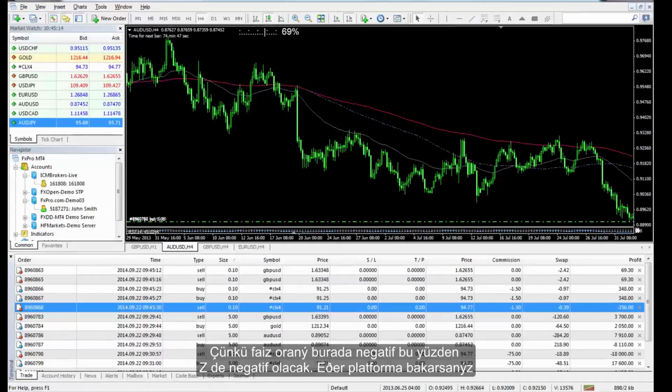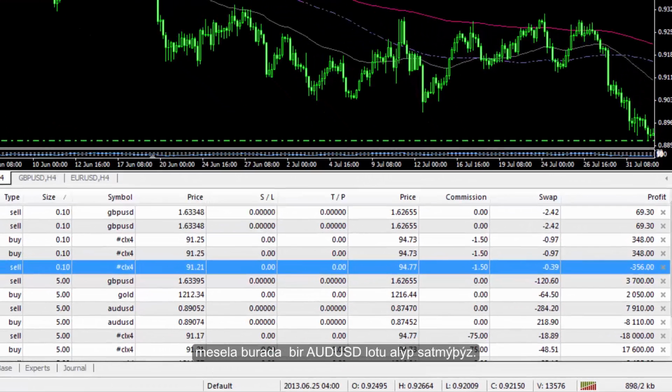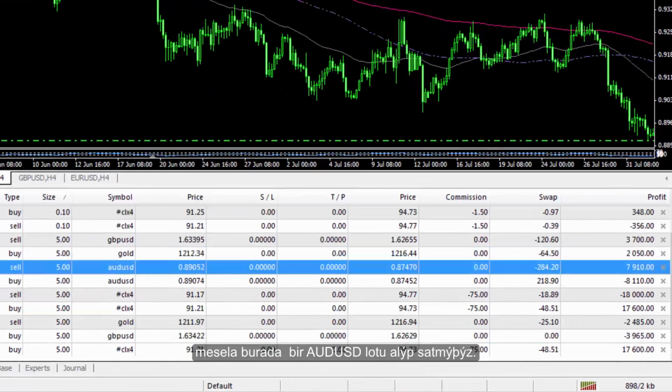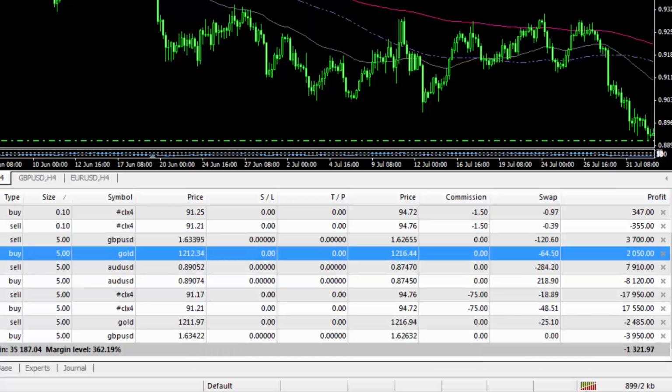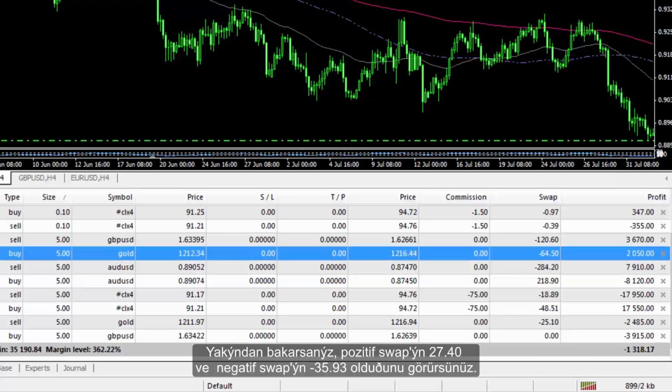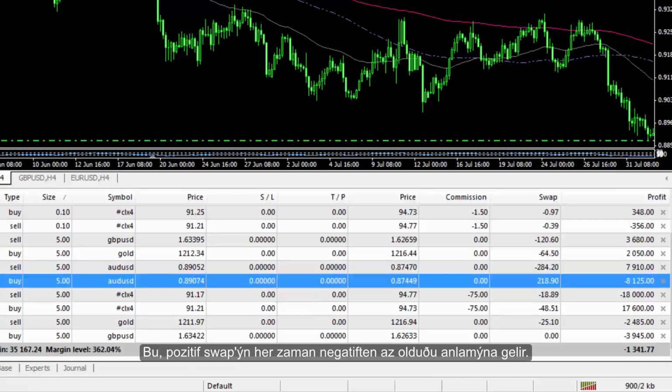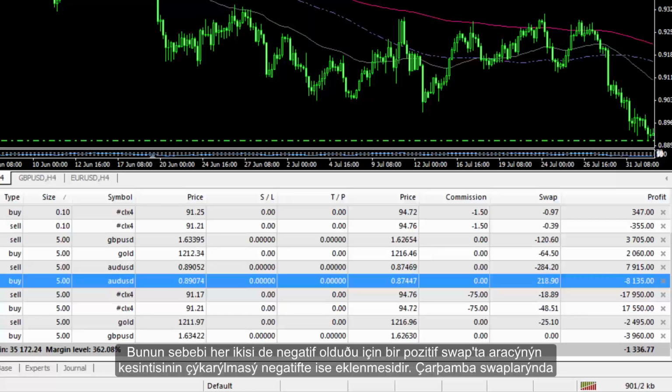Now, if you look at the platform, for instance, in here we have bought and sold one lot of Australian against US dollars. If you look closely, the positive swap is 27.40 and the negative swap is minus 35.93. This means that a positive swap is always less than a negative swap. This is because the broker's cut in a positive swap is subtracted and in a negative swap is added because